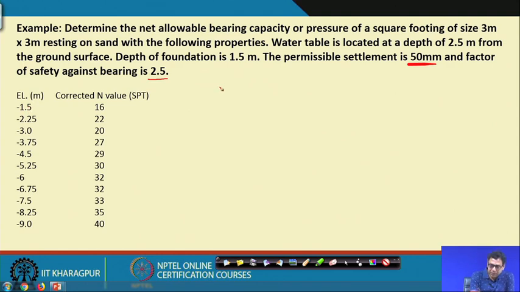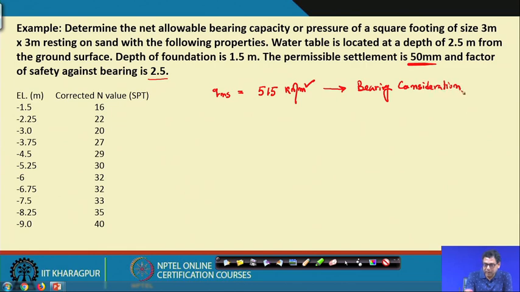So, from the bearing capacity consideration, we got the net safe bearing capacity as 515 kilonewton per meter square. That was the net safe bearing capacity in terms of bearing capacity consideration, and now for the settlement consideration,